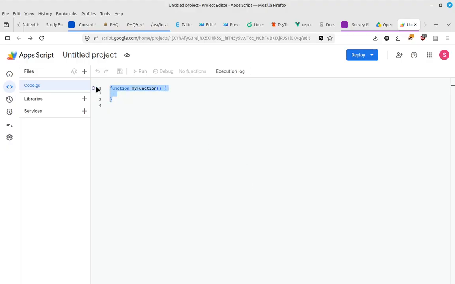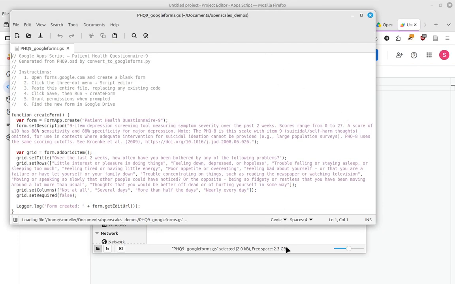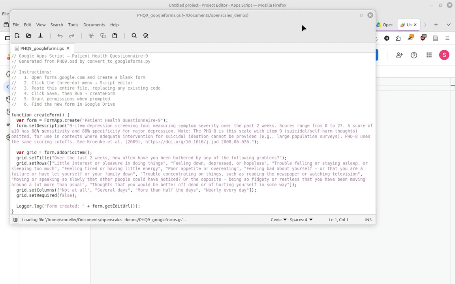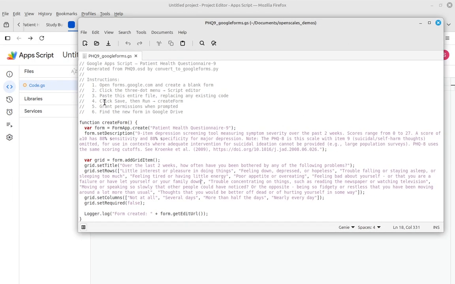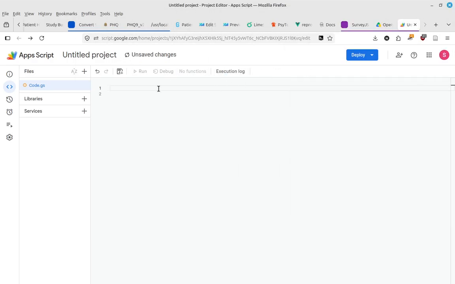And this will open up this code window. You're going to delete whatever's in there, and then open up your Google Forms.js, which is Google Script, or basically a version of JavaScript. This gives you the instructions for doing this, so you don't even need that. I'm going to copy that,